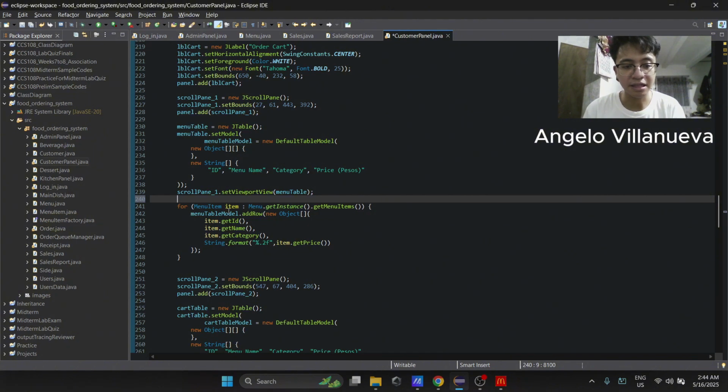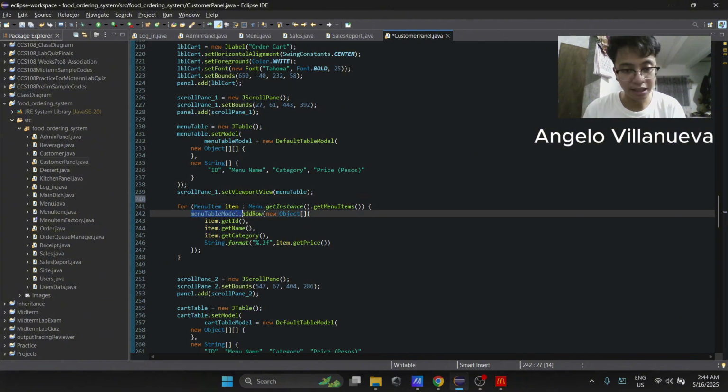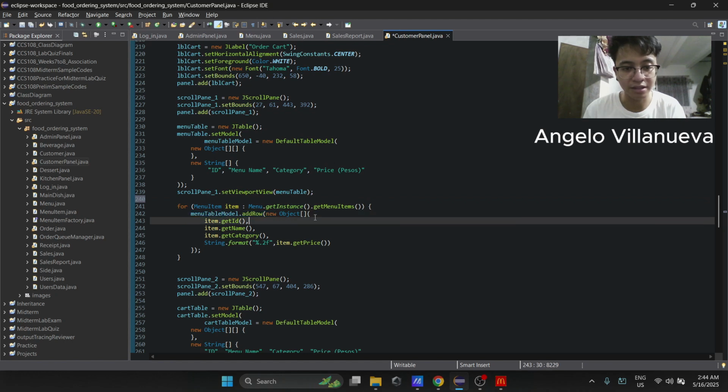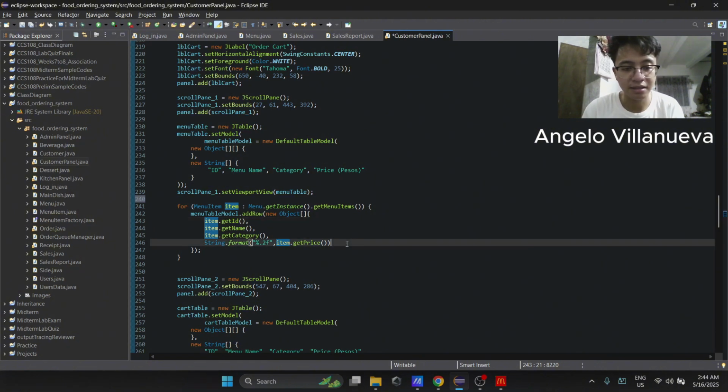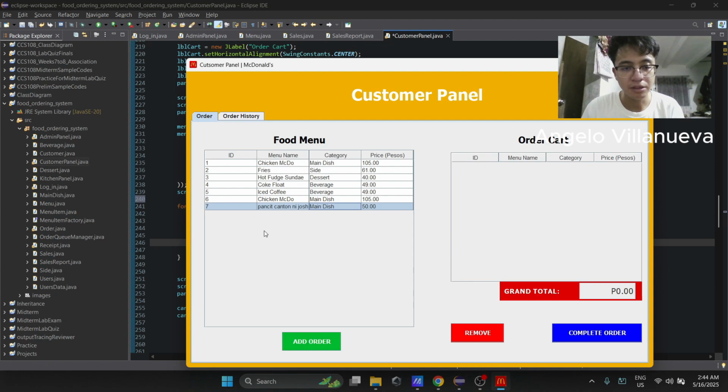In traversing that, we add a row with this line of code, menu table model.addRow. For the current object being traversed, we get the ID, name, category, and price using the getter methods in our menu item class. So traversing and adding the rows, each traversal results in displaying the following menu in our table.